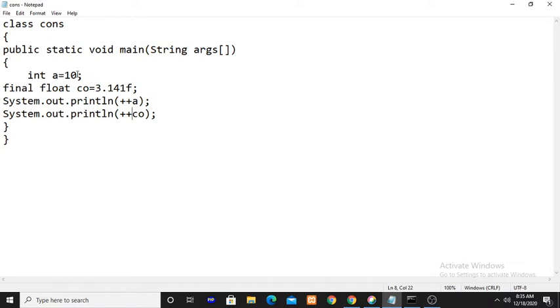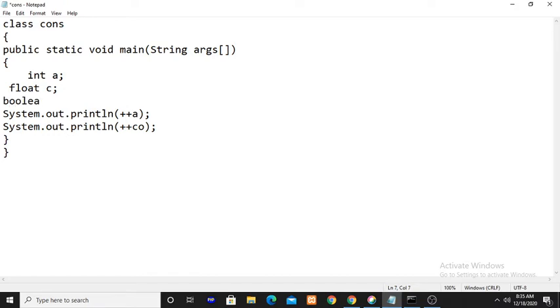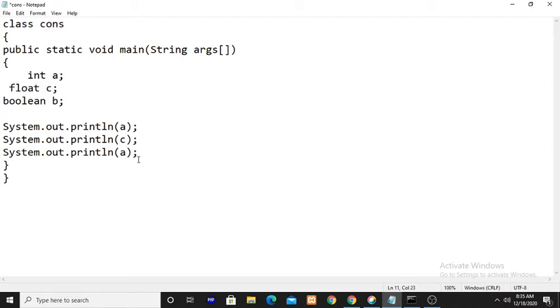This also: int a, float c, boolean b. Okay, no need to change the name.